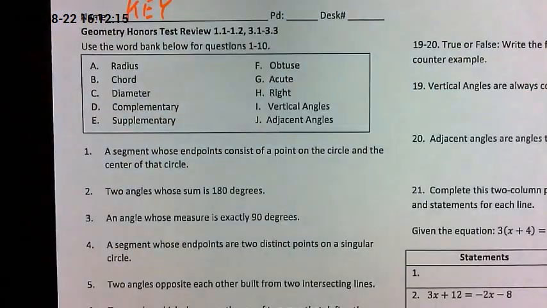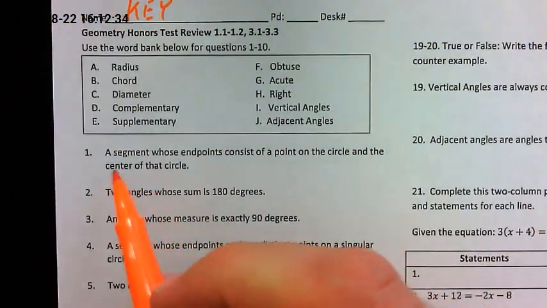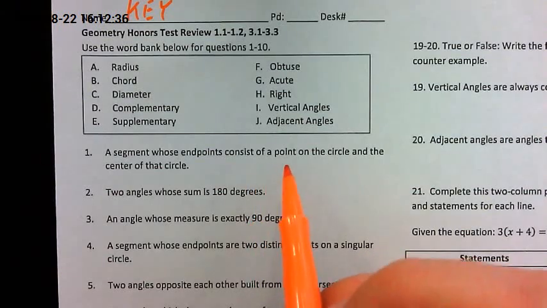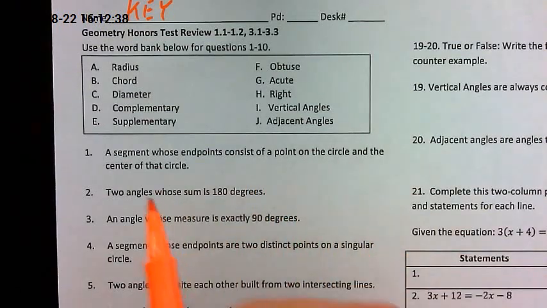But again, you have that list of 54 words I've posted on Edsby that you can look over in order to see, those are all the vocab words we've done up to this point. I do recommend flashcards if you aren't familiar with them, because again, we're just going to keep building on all those words. So now, on here, a segment whose endpoints consist of a point on the circle and the center